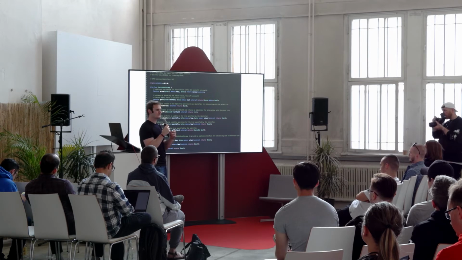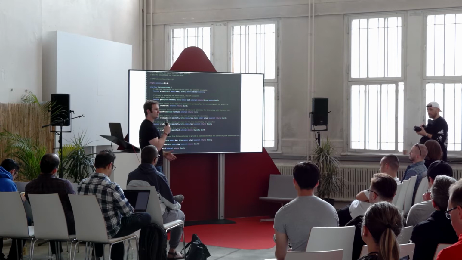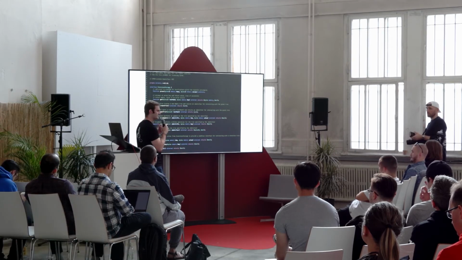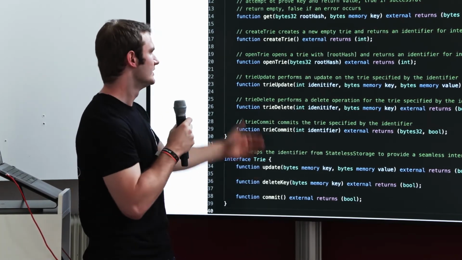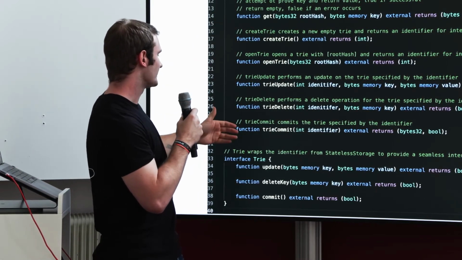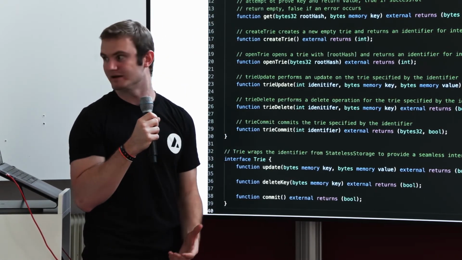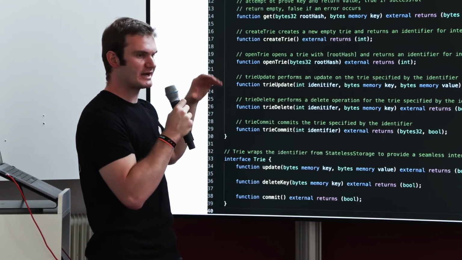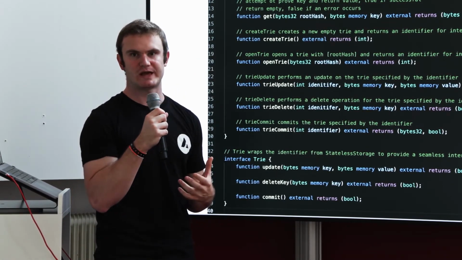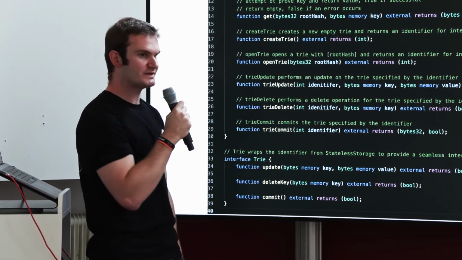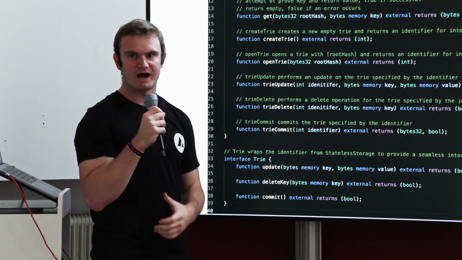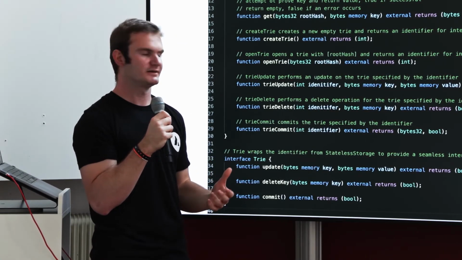And you can do all of this so that when the contract gets called, or if you call this interface, and you can do this from either Remix or from another smart contract actually programmed in Solidity, Solidity is going to know exactly how to interact with it from the very start. So what you would essentially do is define all of these functions in an interface in Solidity, and then on top of that define each of these execution functions in Golang. This ends up being a really powerful way to say you can now call all of these functions as if you had built this entire thing in Solidity.